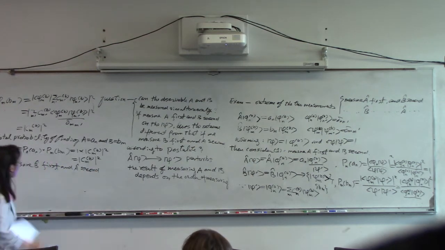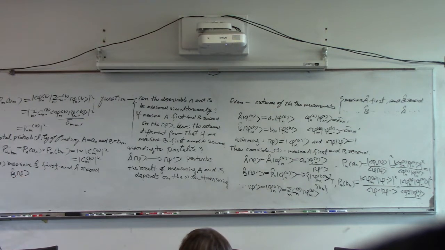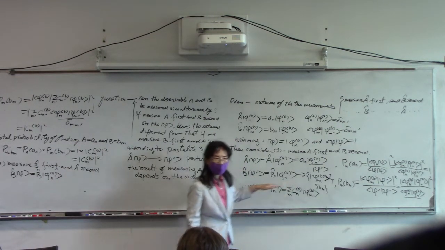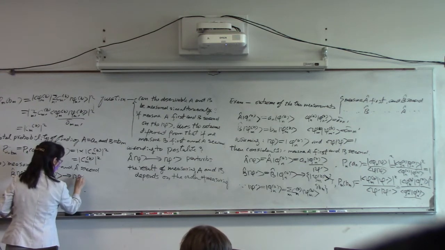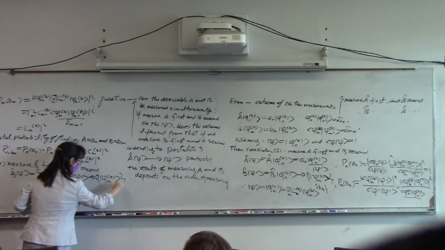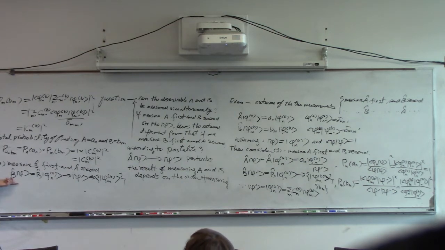Okay, so we do the same thing as before, for B first, right? B is applied to the state psi. B is applied to one of the eigenstates of operator A, not B. Same thing as here, right? So then it will give us psi prime, which is among all these eigenstates of B, according to the postulate 4. Since this is not an eigenstate of B, what happens? When we measure B, it will perturb the state to one of the eigenstates of B. So that means the new state, psi prime in this case, is among them, and then the probability to find the outcome of this B value, B_m, should be